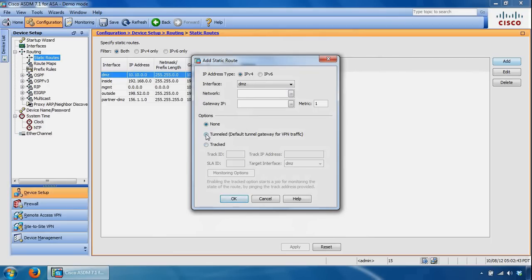And then you've got tracked, and this is another name for SLA monitoring, where you can track the availability of a static route. It allows the Cisco ASA to remove static routes from its routing table if it thinks that the route is not available. So it's a good monitoring, tracking method of looking at routes and being able to detect if one of them cannot be reached. So you've got some further options in here, such as track ID,